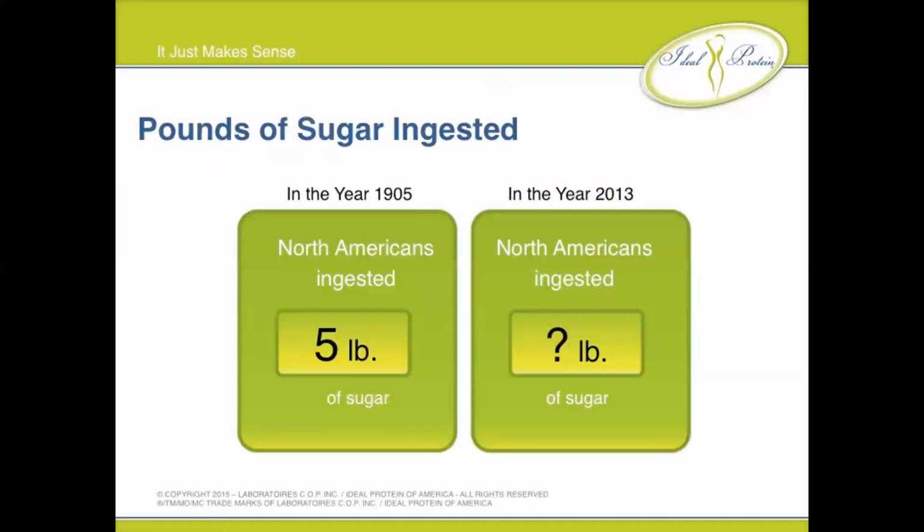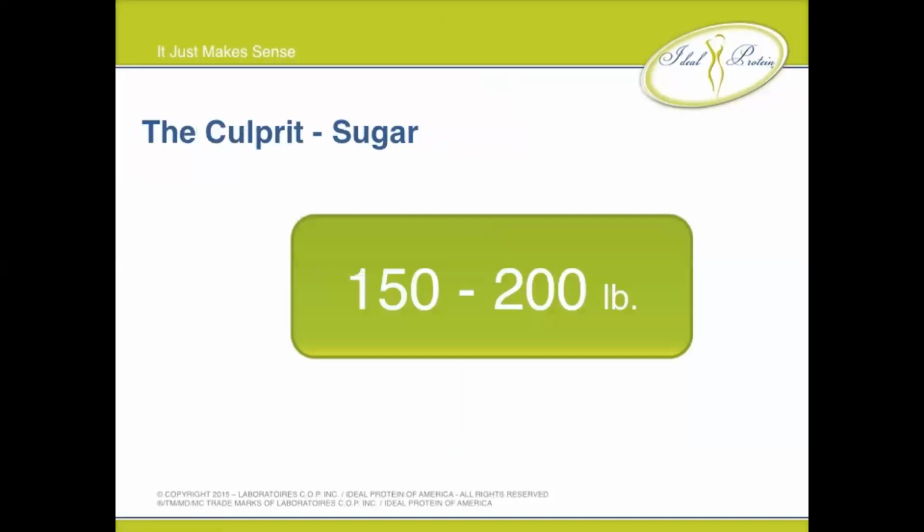Did you double that? Did you say 10? Maybe you even said 20 pounds. Maybe you're bold enough to go up 10 times that amount to 50 pounds. Typically, when I do this presentation to a live audience, that's about the extent that they're willing to wager on that. But when we look at the stats, it's 150 to 200 pounds of sugar per year that North Americans ingested